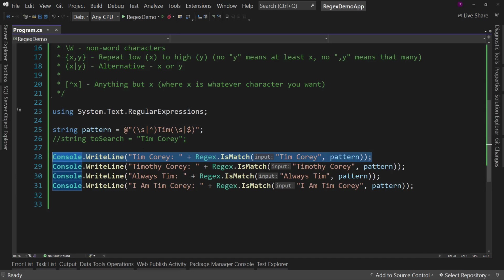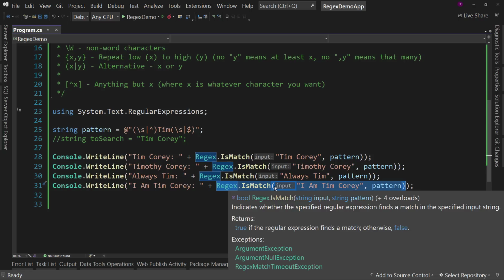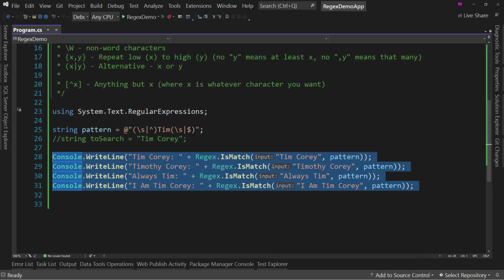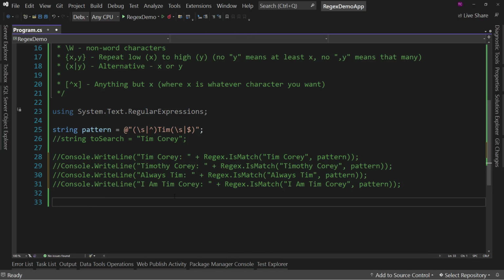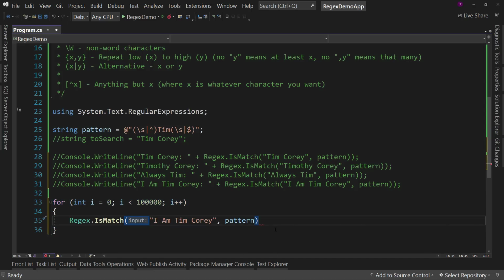Let's run this. Now, this is the precompiled version once you run it once. But let's run this expression. What we're going to do is match. It's going to return a true. We're going to ignore it. Okay, so we're going to copy this or comment this out, and I'm going to say for, let's do 100,000. So I'll loop through and run this method 100,000 times. Now, is that a lot? Yes, that's a lot. Okay, so we're going to run this regular expression match